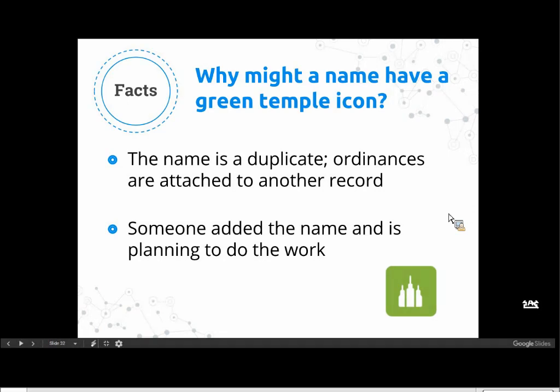And then also another reason why a green temple might show up, and this is actually becoming more of an issue now that more people are getting in Family Tree, and also that a lot of the old green temples have already been reserved, is that somebody added the name and they're actually in the process of reserving it. And I can tell you the experience of my friend